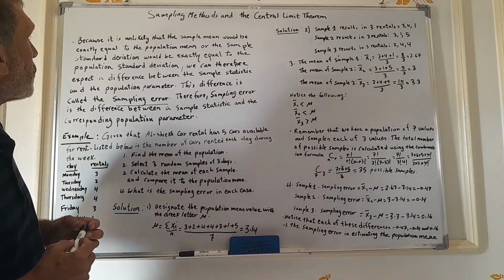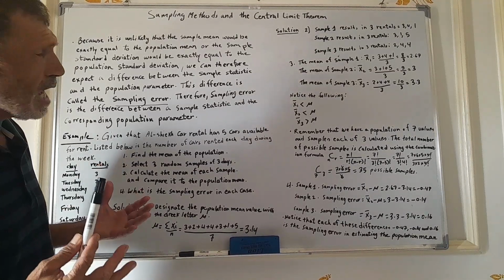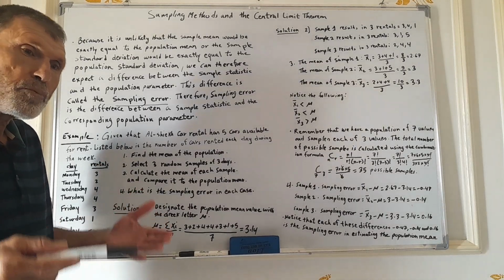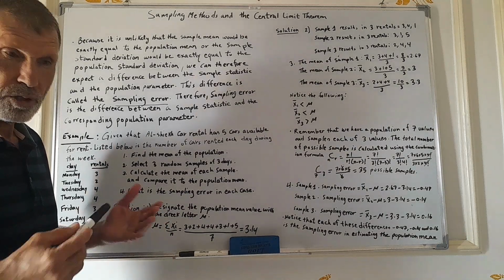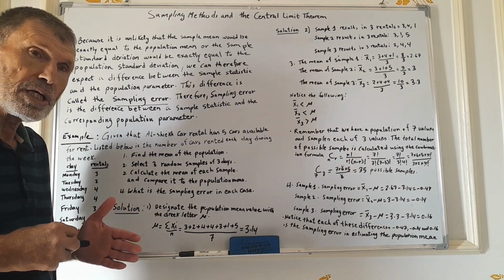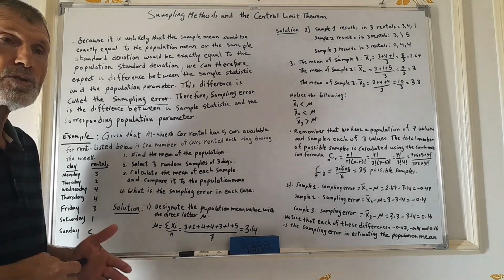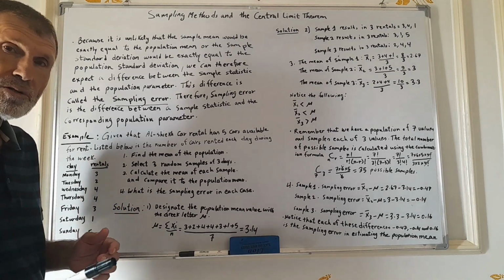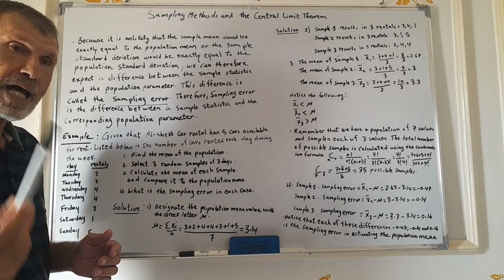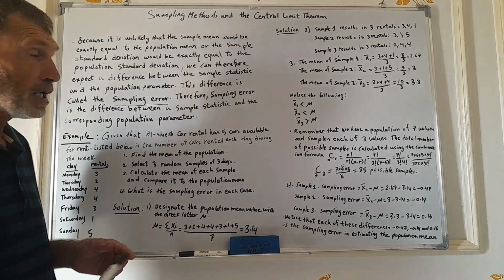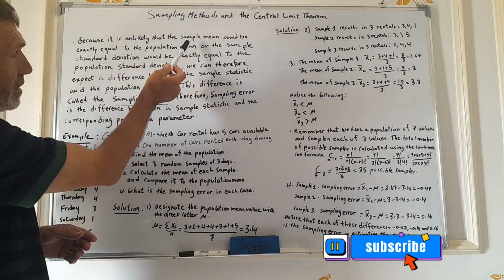Now, of course, samples are basically used to estimate population characteristics. For example, the sample mean, or the mean of the sample, is used to estimate the population mean. However, because a sample is a portion or a part of the population, it is unlikely that the sample mean